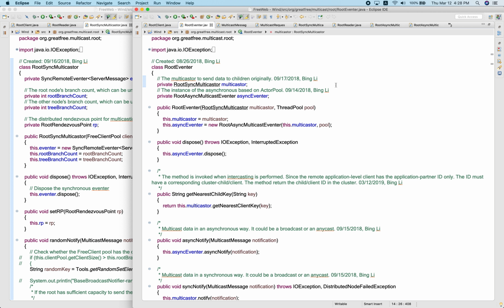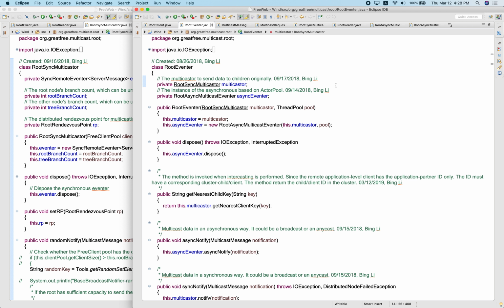So there are a lot of details. All the multicasting details are implemented in this cluster. If the root needs to broadcast, anycast, or unicast data to its children, then this cluster performs most of the